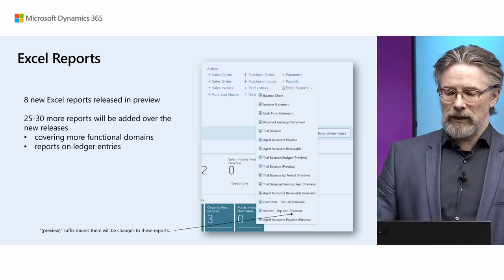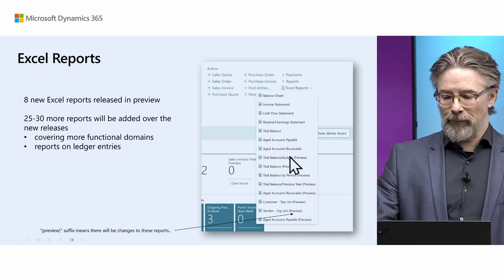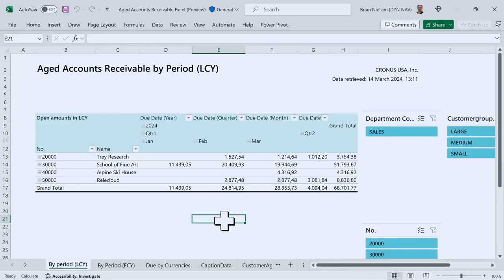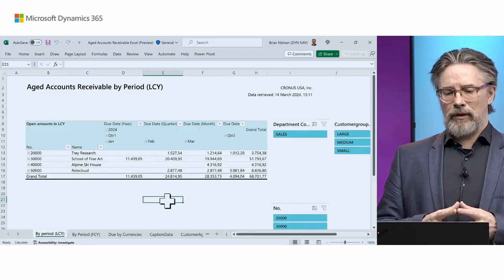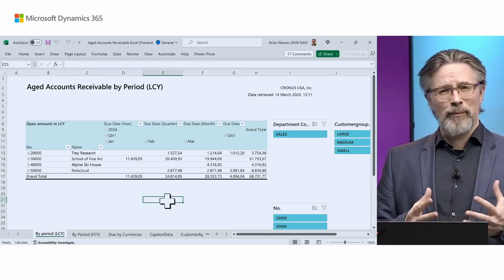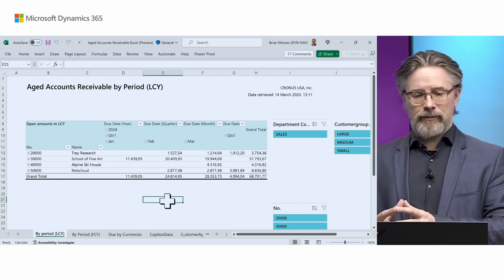The new reports, like the ones that are in here now, are trial balances, like you're on general ledger. And we have some age receivables, age payables, and the top list for customers and vendors. One of the reports could look like this. This is the age receivables. Excel reports can manage a lot of data, but there are still some restrictions and limitations. So we have, in the first batch of reports, focused on the reports that still make a lot of sense looking at in Excel, even though they're aggregated.